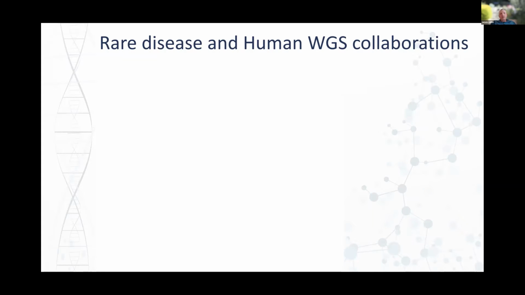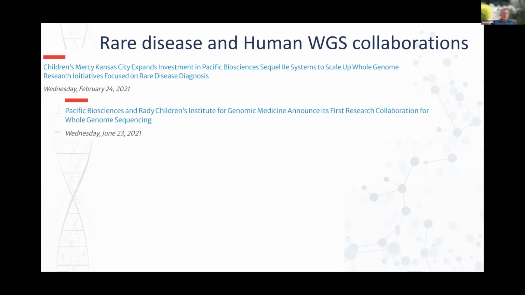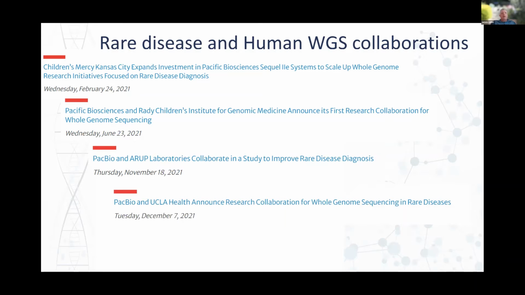human genome. And there are quite a lot of collaborations now, all in the last year, where PacBio is working with various different groups to look at how HiFi sequencing can give comprehensive variant calling to diagnose rare disease. Children's Mercy Kansas City Hospital has a collaboration with PacBio. Rady Children's Institute has a collaboration that was announced in June. Just in November, ARIP Laboratories now have a collaboration with PacBio to study rare disease diagnosis, and UCLA Health, just